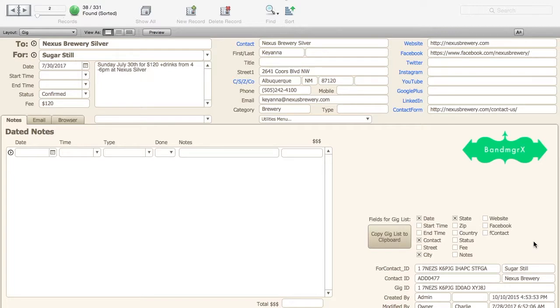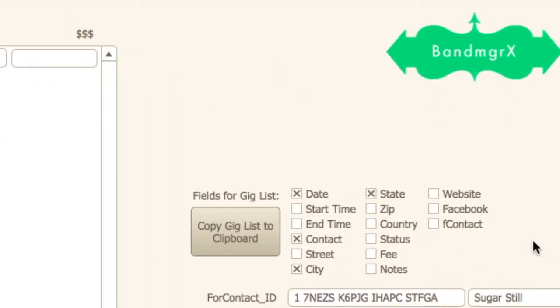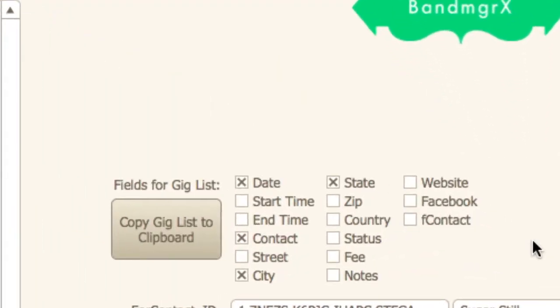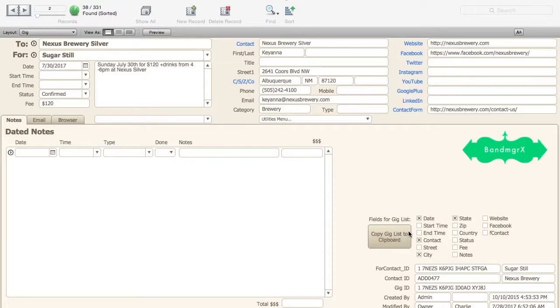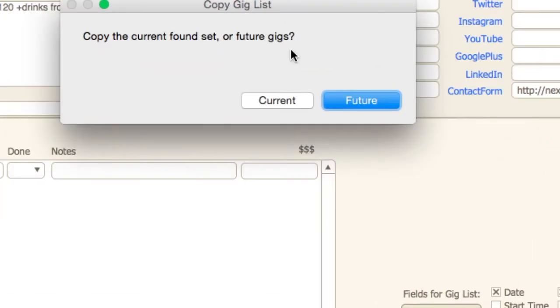One thing that we use a lot with Sugar Still is a little thing we made, a button to copy our gig list to the clipboard, and then we can paste it into a Facebook status. So basically just hitting this button will copy any of these fields that we select, that we check, and include them in a list that we can paste into Facebook. So watch, here I'll just click it, and it'll come up with this dialog box